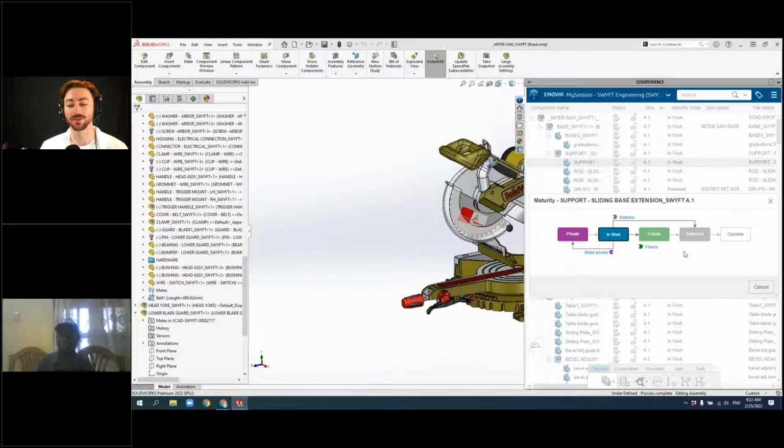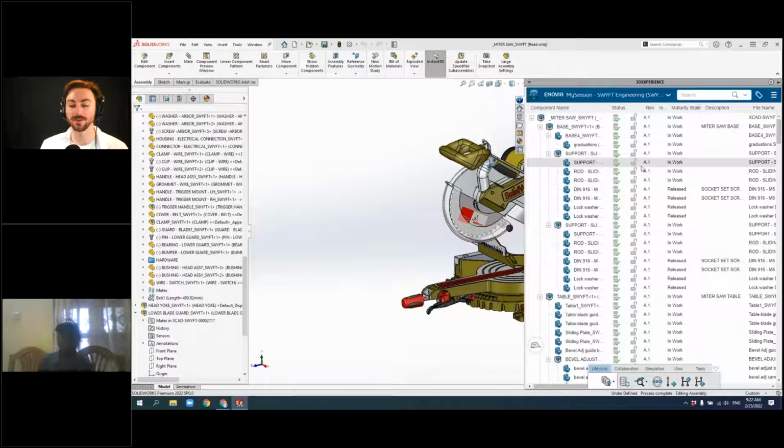So this is a great way to, I mean, some people are implementing systems like this manually and just having a workflow that they know that they have to follow, but this is a way of foolproofing that. And you set something into a release state, you know you can't change it until a new revision is created. And then you do have obsolete. If you have a product line where you're not going to use a part anymore, you don't want to carry that on anymore or use that, you can go ahead and obsolete that part.